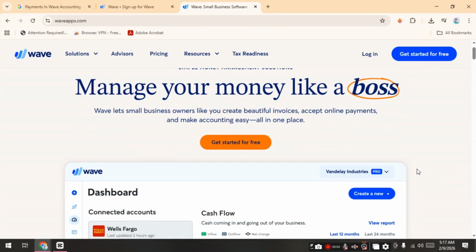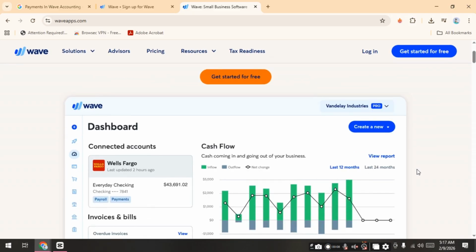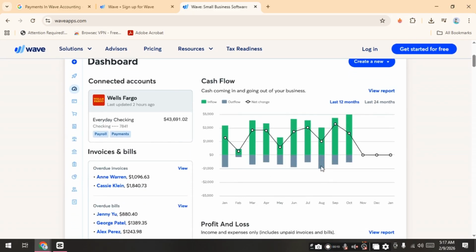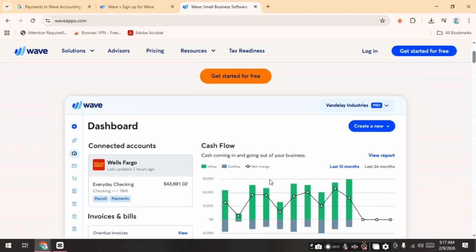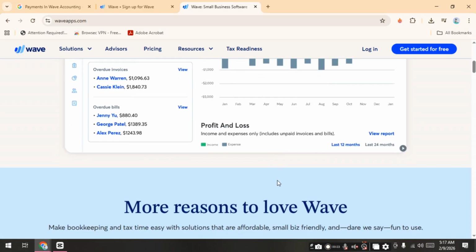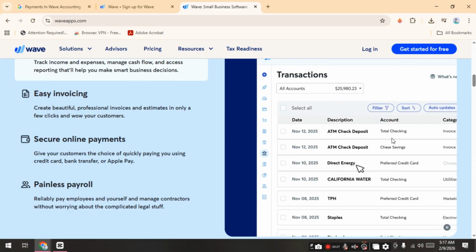We guide you through how to process Stripe payments in Wave Accounting. So the first thing you need to do is to log into your Wave Accounting account and go straight to the Banking tab, then select Connected Accounts to confirm that your Stripe account is already linked. If not, click Add a bank or credit card, search for Stripe, and securely connect it using your Stripe login